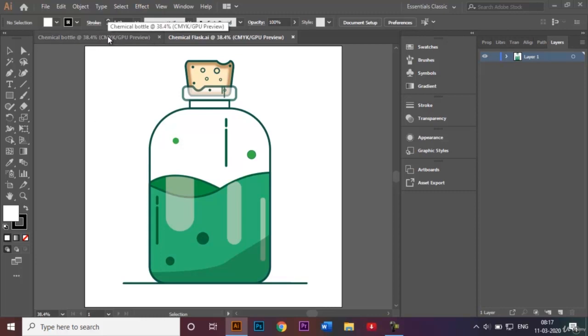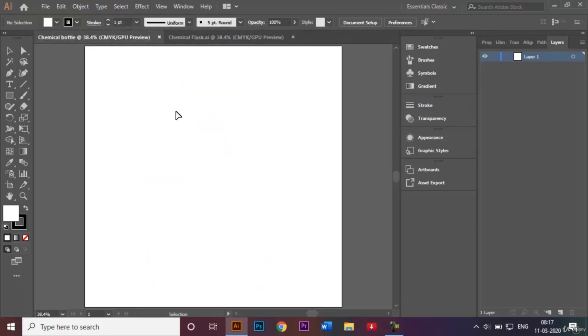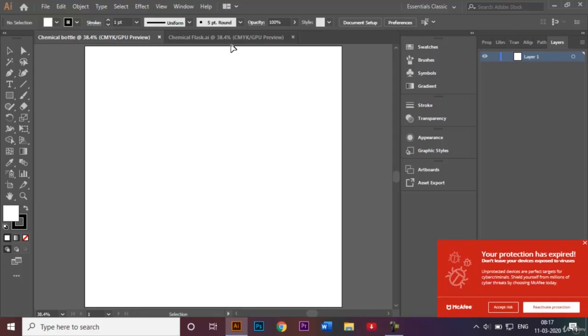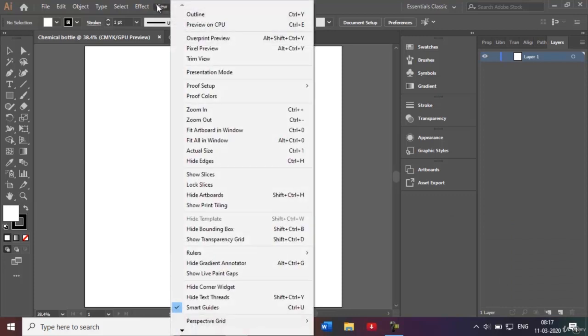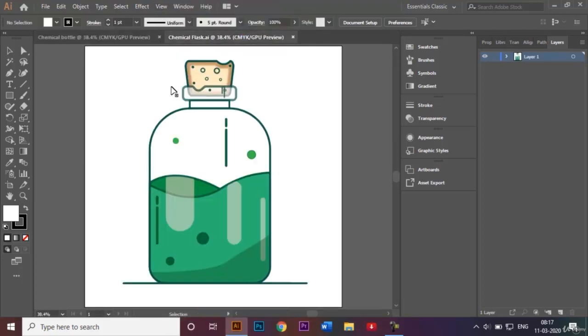Alright, so let's begin. Before I start, I would like to make sure that I have my smart guides activated, because the smart guides will actually be helping us to recreate that chemical flask. To do that, I'll be going to this View panel right here and making sure that the smart guides option has been activated. So the first thing I want to do is create this bottle shape